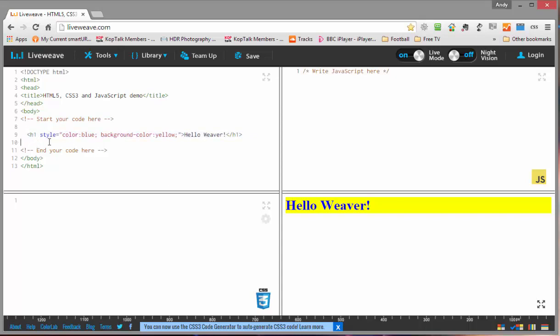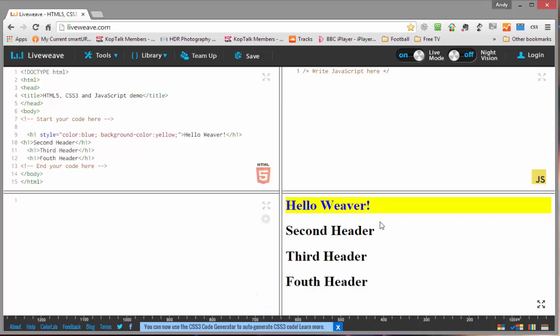If I was to put another H1 header in here, let's just put second header. You can see this one isn't styled by this inline style, because the inline style only refers to the H1 header that it is in line with. Okay, I've added in a second, third and fourth header just to show you the limitations, or rather the advantage